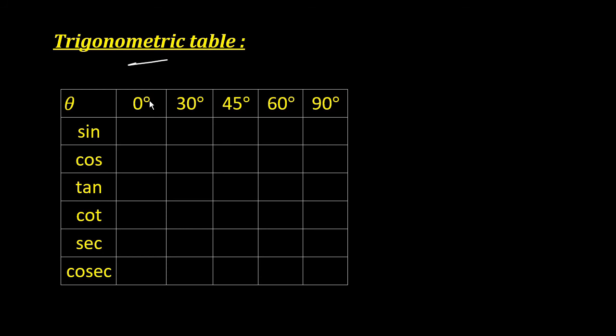Next, the trigonometric table. The trigonometric table gives us the values of 6 trigonometric ratios with respect to 5 different angles. There is a huge process behind finding these values, but I am going to give you a small technique to find these values as well as to remember them easily. Using this technique, even if you forget the entire table on exam day, you can reconstruct it within 2 minutes and answer any question asked on this table.